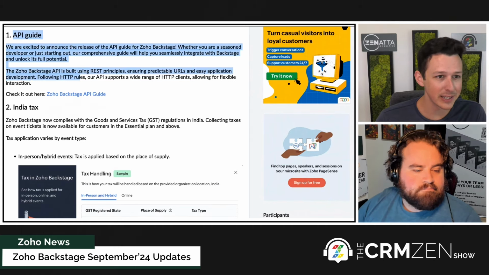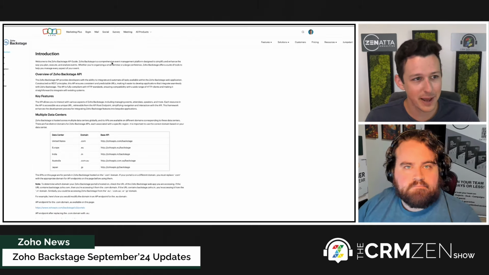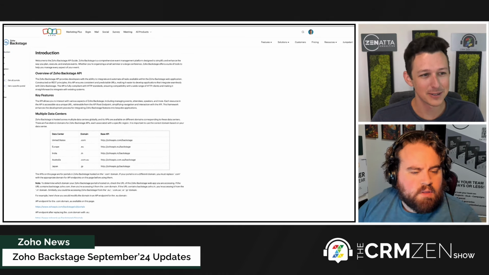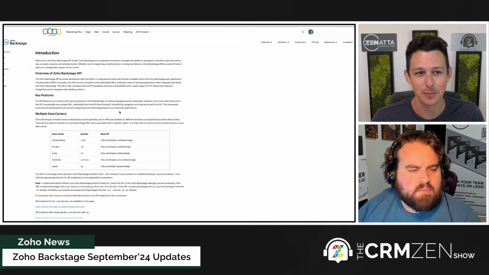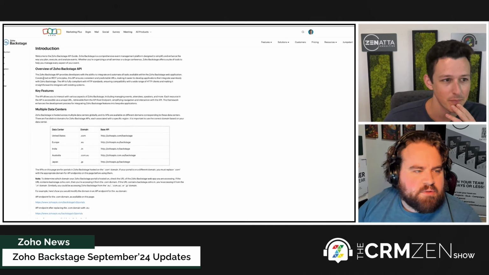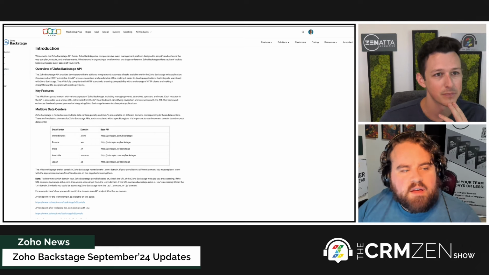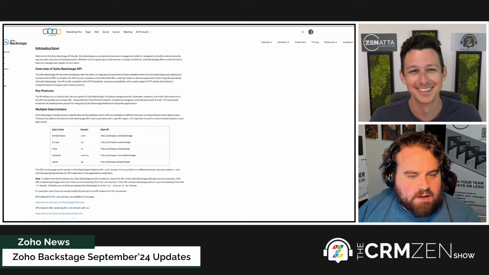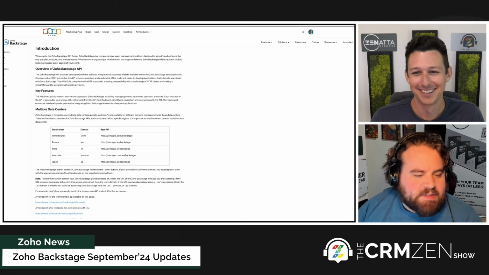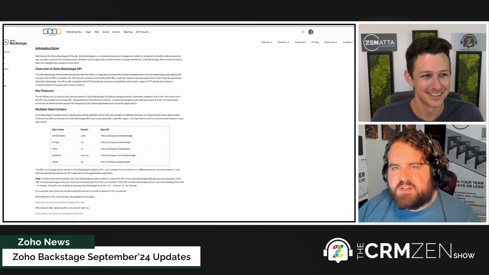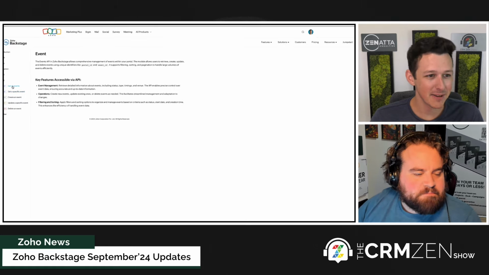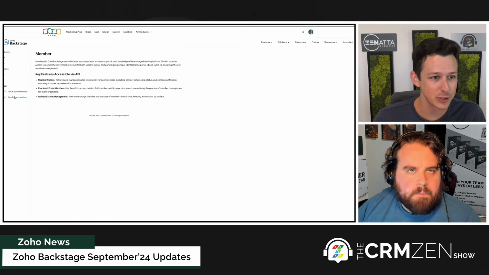Really, the big one here is the release of the API guide for Backstage. This is kind of funny because this app's been out for quite a while. I was surprised that this didn't exist before, but better late than never. And eagle-eyed viewers will note that we are on V3 of the Zoho Backstage API, yet we're just now getting an API guide, or at least maybe it's an API guide just for the latest version. Could be, I don't know. So you've got those API abilities to get events, create events, add members to, or actually no,